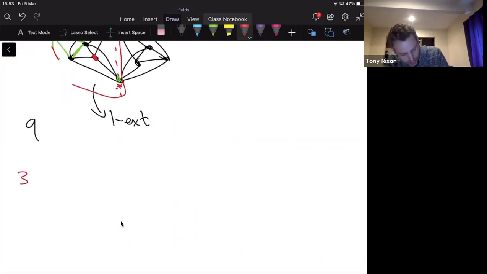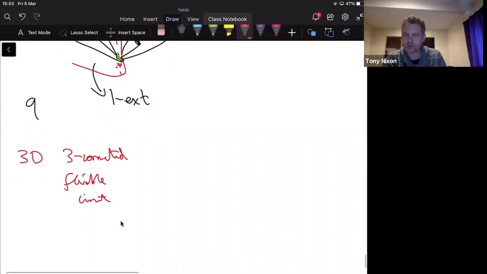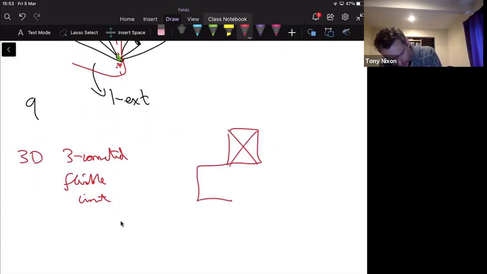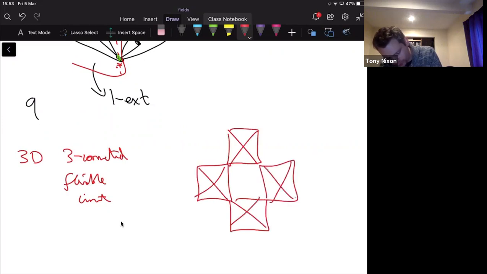So in 3D, the smallest 3-connected flexible circuit that I know of, and probably this is provable, but I'm not sure anyone's ever tried to write down a specific proof for it, is the smallest that I'm aware of, and that's definitely a true statement,